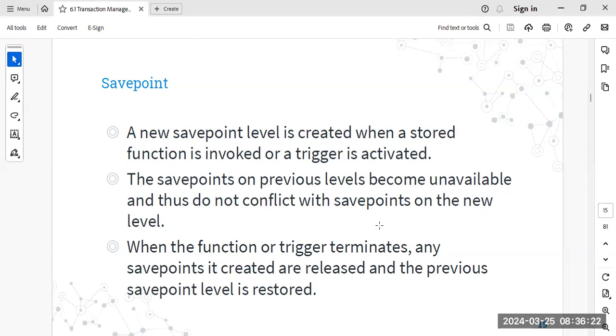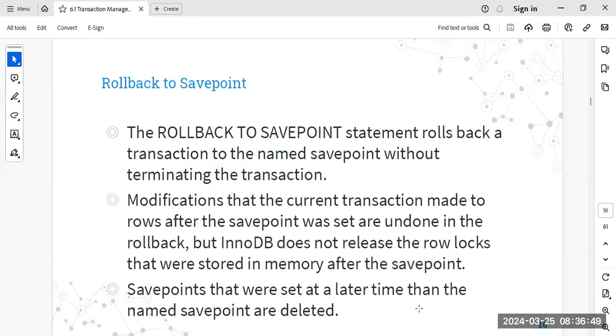And when I say rollback to save point, the transaction that ended with the rollback to save point will undo the changes that I have made up to the save point, up to the last transaction which contains the save point that I have created. Okay, so when the function or trigger terminates, any save points created are released and the previous save point level is restored. Now, when you say rollback to save point, it rolls back a transaction to the named save point